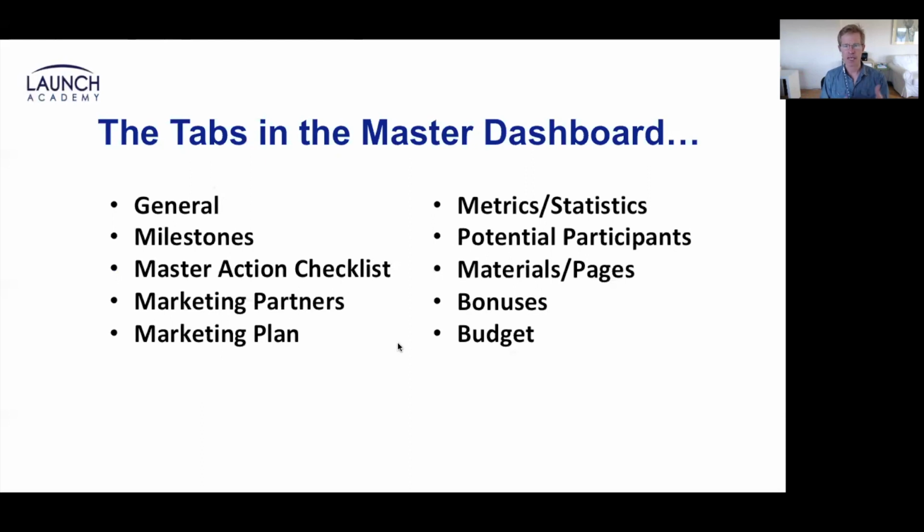So again, some of these, like the budget tab, you may go in there and put in once and then not come back to it for a long time. You may be active in the milestones, very active in the master action checklist and marketing partners, and not need the other stuff that often. So it seems like a lot, but it's really different times you'll be using different pieces